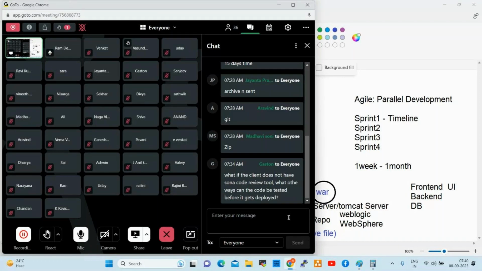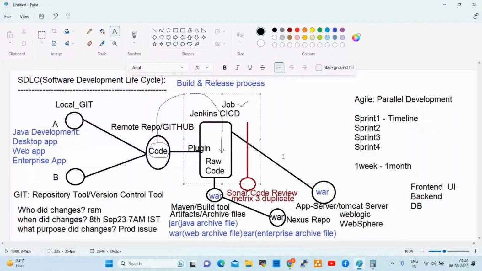So we have Sonar. Sonar is a popular tool. We have so many tools in the market, but Sonar is popular, and 70% of the project teams are using it. In place of Sonar we can use other tools also, but Sonar is very popular. Jenkins is very popular, Git is very popular, right?